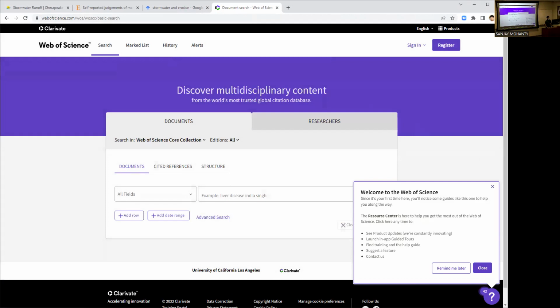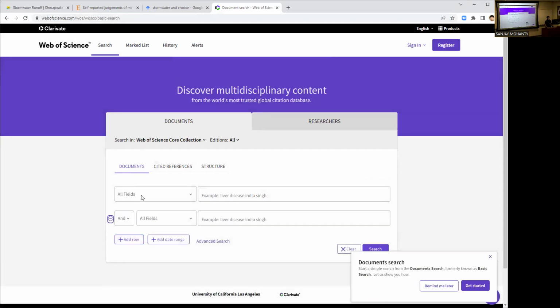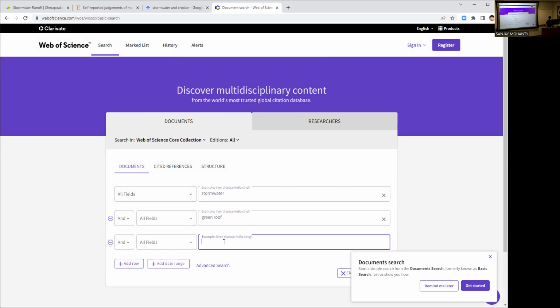This is much more specific than Google Scholar. You can find very specific references. For instance, I'm going to write stormwater, and many of you want to know that you want to use green roof to reduce the energy. Okay, so then you write green roof, and then add